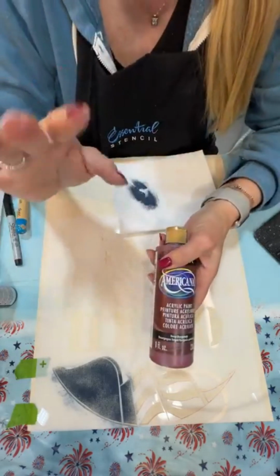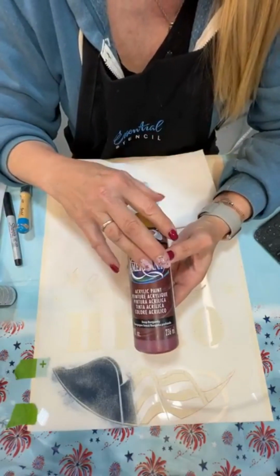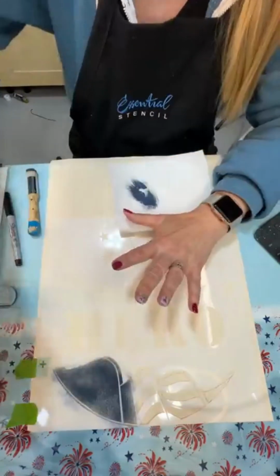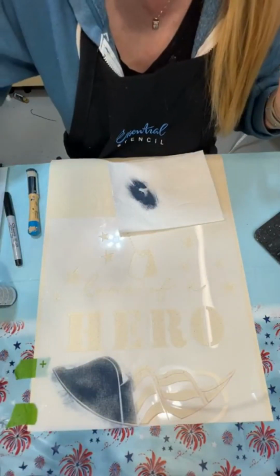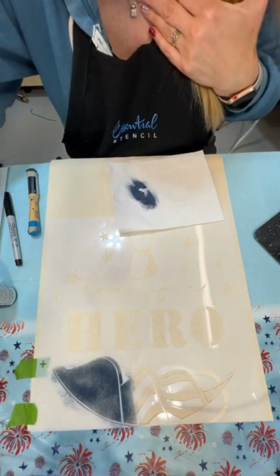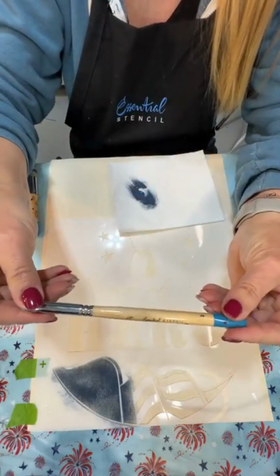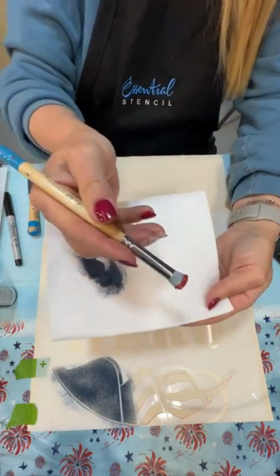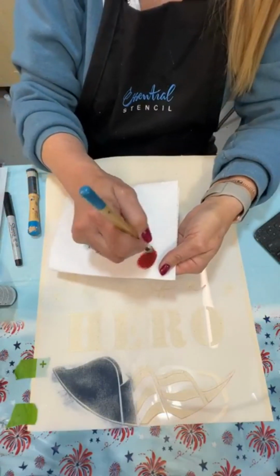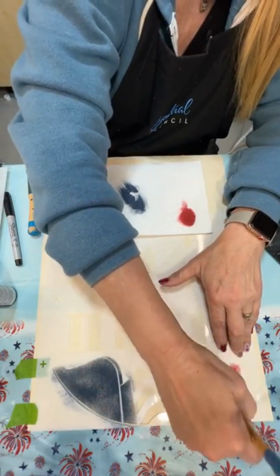I wanted this to be a more traditional bright red, white, and blue. You certainly have colors to use for that as well. This was just because I want it to be a little more muted. So I'm going to grab one of our mini brushes. They're called our mini brush set, and they come in different sizes as well. Just like when we load our regular brushes, we always want to offload those as well. I'm going to come in here and do the stripes